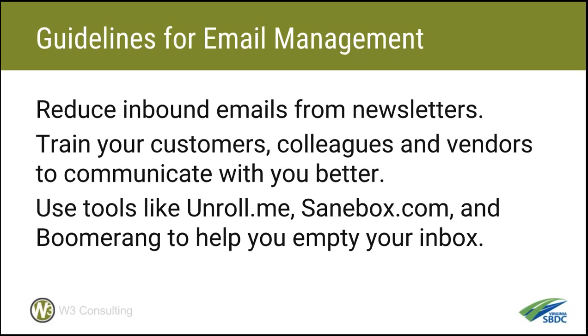And finally, in this one, I'd like to talk about an application called Boomerang. Boomerang is an application that works on top of the Gmail platform, and I thought it was appropriate since we're talking about Gmail and other applications today. And Boomerang, what it does is it gives you the ability to do a bunch of things. One, it allows you to sort of snooze email. So what that means is that it sort of temporarily archives the email message that's come